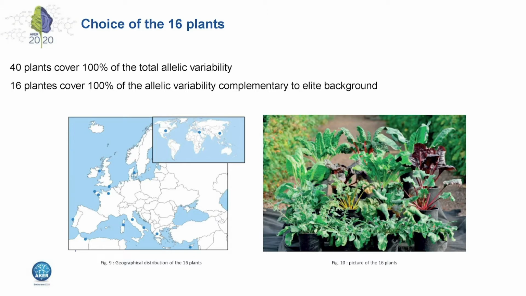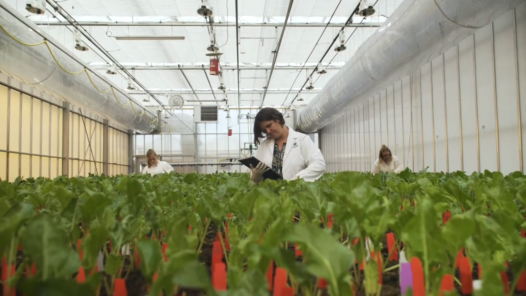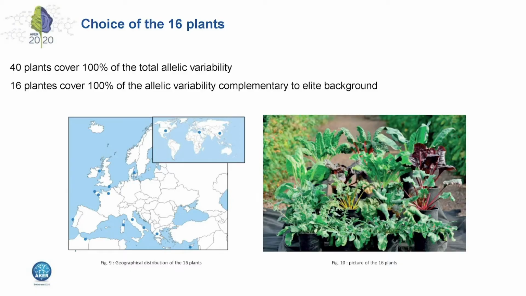We were also able to demonstrate that 16 plants covered 100% of the complementary allelic variability of our elite material. These 16 plants constitute our core reference collection. All these plants constitute a representative sample of the total genetic wealth. You can see on the map that it covers a rather large geographical territory from Morocco, Denmark, through Israel, China, or the United States. It also covers all the species, subspecies of the beta genus: fodder, vegetables, sugar, Marittima adenensis,